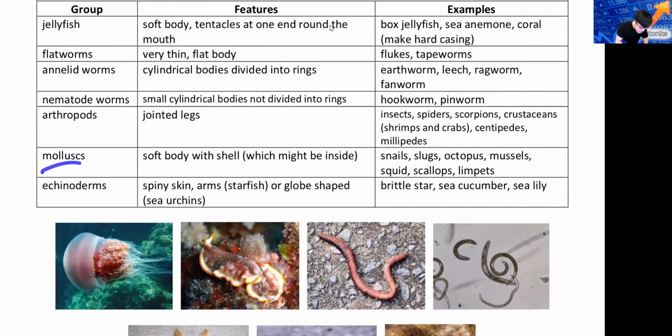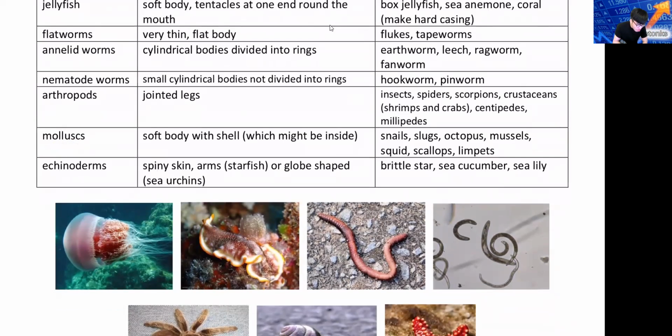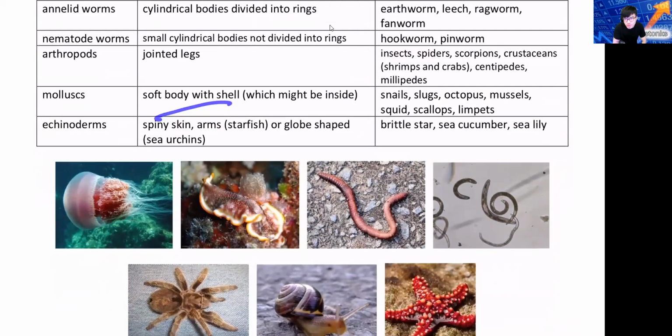Next, mollusk. What is mollusk? Mollusks are soft-bodied with a shell, like the hermit crab I told you about just now. The shell sometimes could be inside also. For example, your snail, slug, octopus, mussels, squid. Squid, the shell is inside. Have you eaten sotong before? When you wash your sotong, the shell is actually inside. Scallop. What is limpet? Limpet is